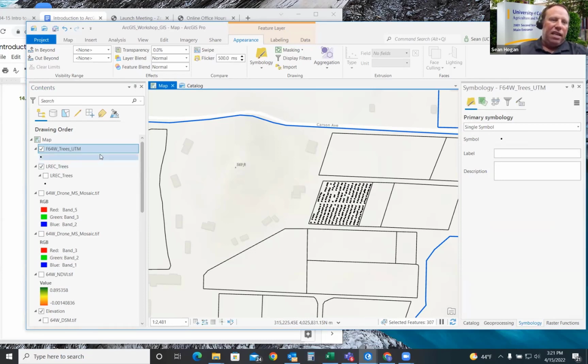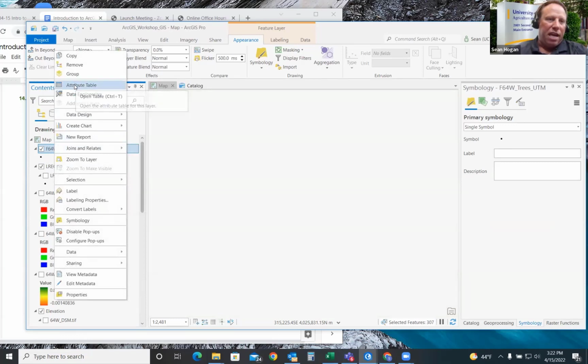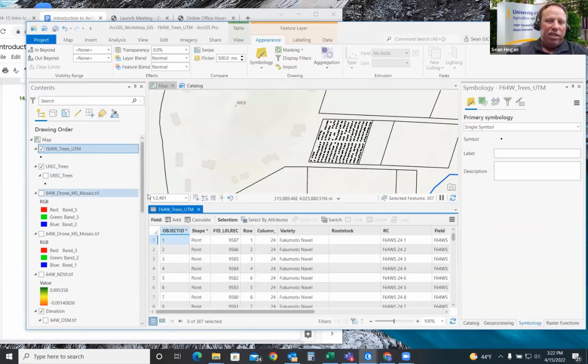We looked at the LREC tree data before, and we just compared it very briefly with the tables previously. This time, I want to open up the attribute table, and you'll see that before it just had two fields, right?